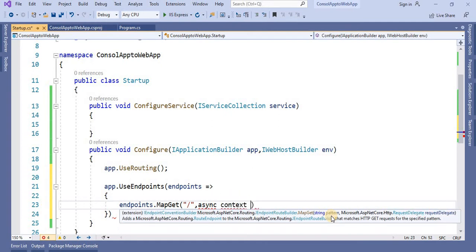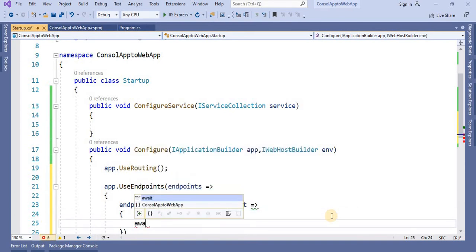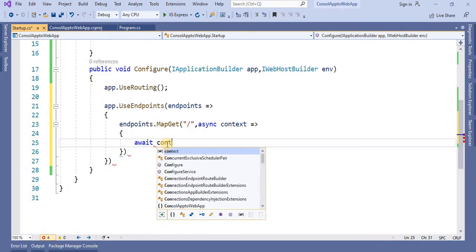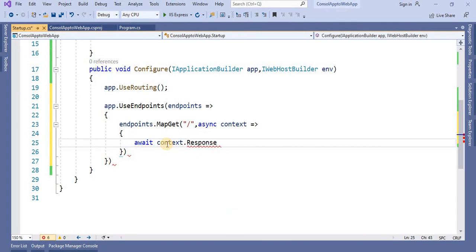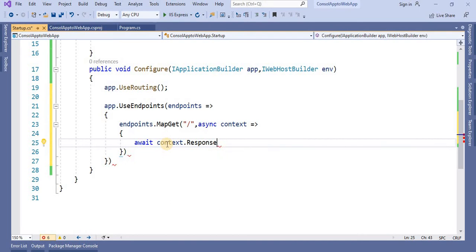Next let's make it await, like when we use multi-threading with async, the async and await methods we have to use. Now let's take this context variable and the response, and write this async response dot